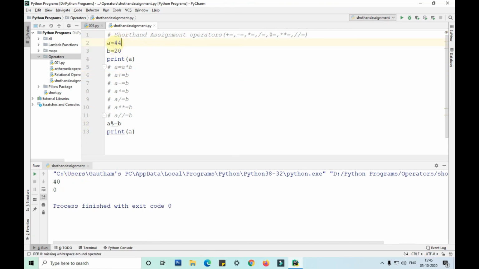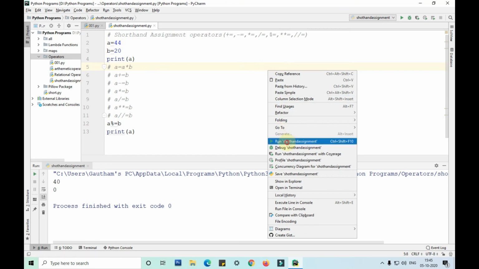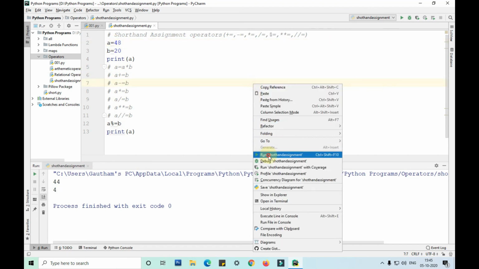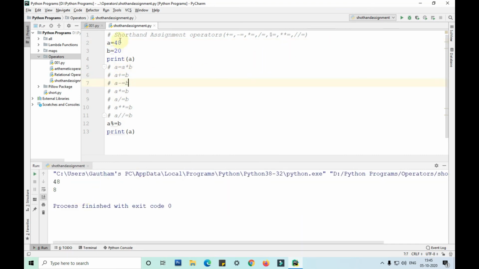So if I take 44, you can see the output will be 4 now. The modulus of a and b will be 4. In a similar way, if I take this as 48, you can see the modulus of a and b is 8.